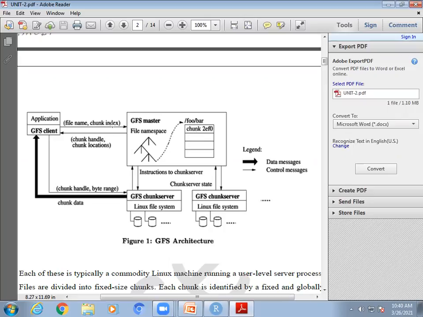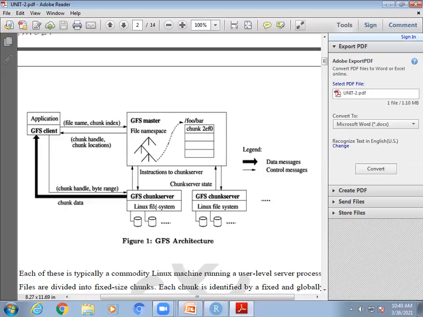This is what is called metadata, which the GFS master is storing. Once I send a file name, the GFS master sends me a response telling me which machines have space available. It sends the chunk locations where I can store my data, which chunk server I can store my data on. You have so many machines, so in whichever machine the space is available, it sends me those chunk locations. Therefore, the GFS client can go directly to that chunk server and store its data in particular chunk servers.